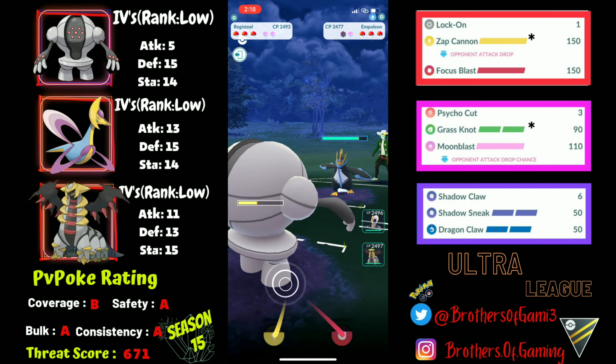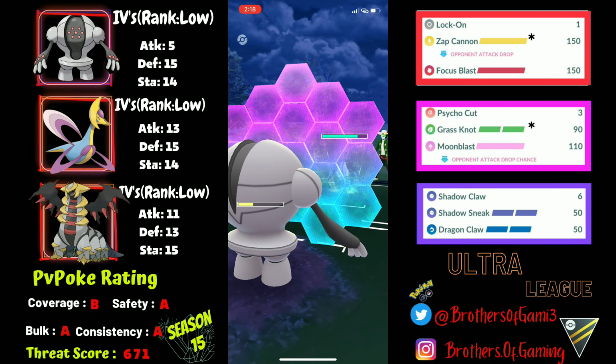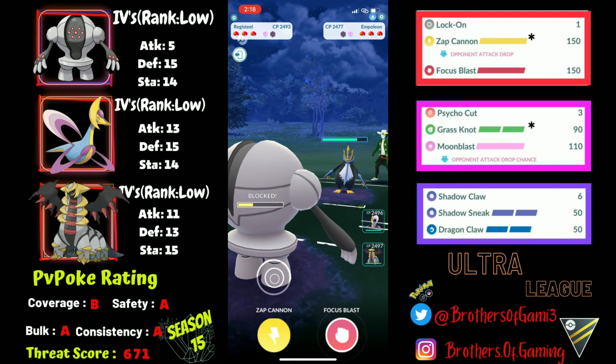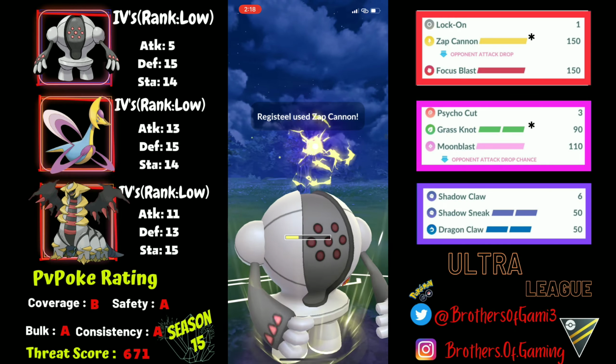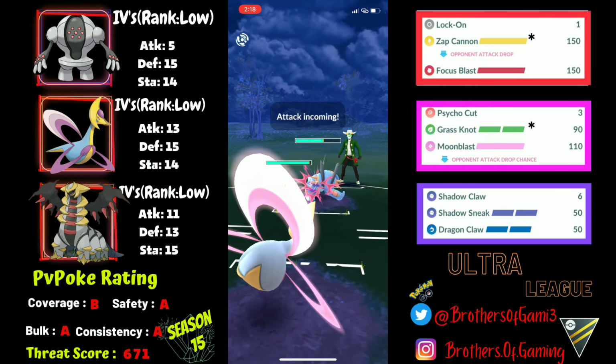So Focus Blast does get the shield, and from this kind of range I will be going for the next shield, because if I let this Hydro Cannon go through, they will be able to farm me down over here. So the switch I don't want, and I'll be going for the next Zap Cannon over here. So Zap Cannon, they got the Zap Cannon onto their own